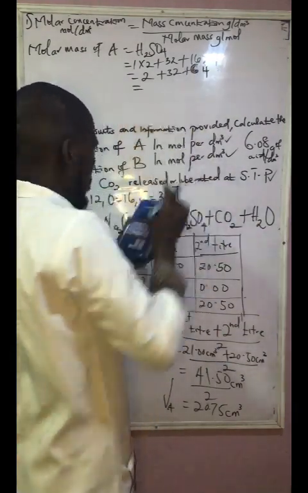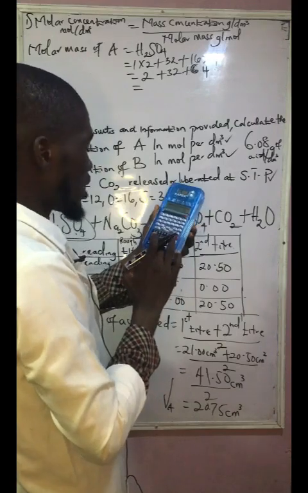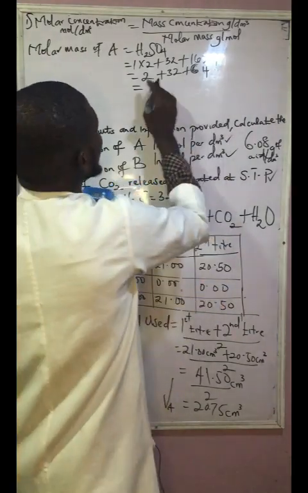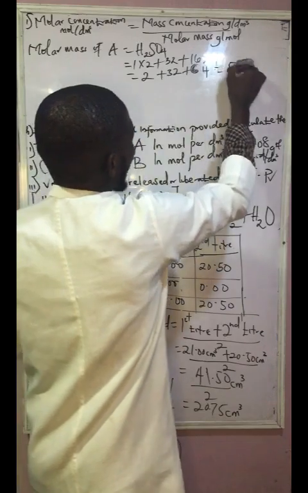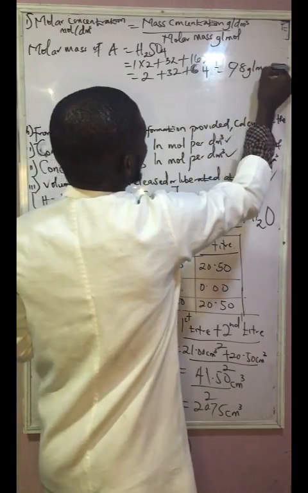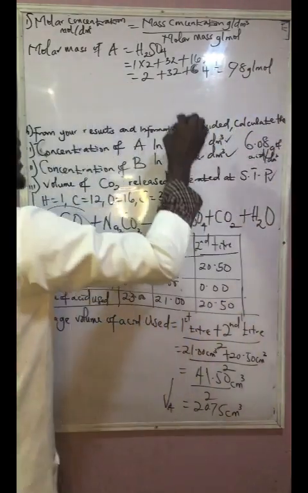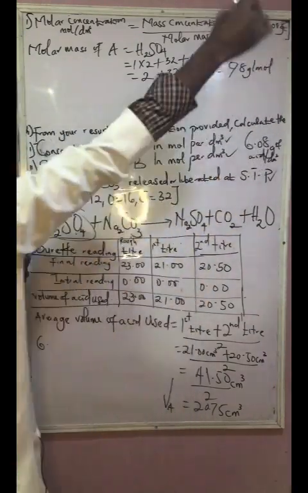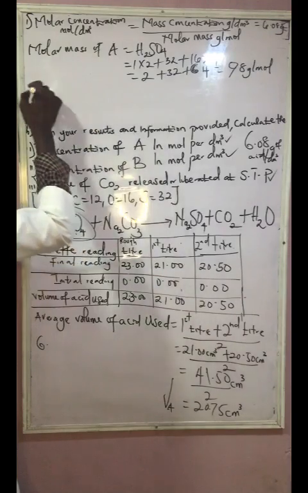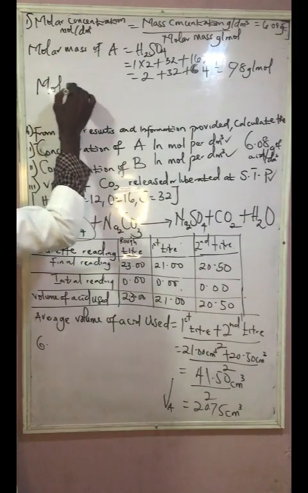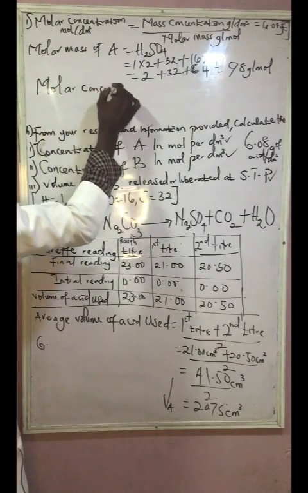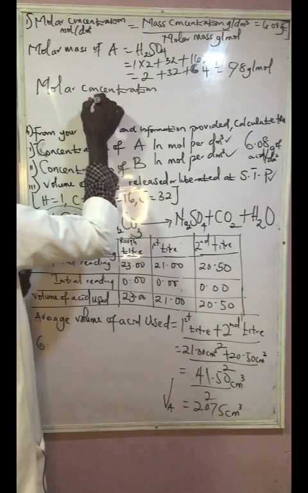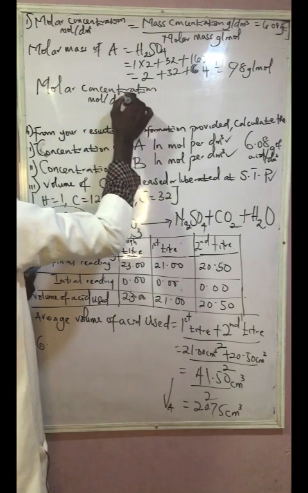So 2 plus 32 plus 64 is 98 gram per mole. The molar concentration, the unit is mole per dm cube. Don't forget, that's what we are looking for,